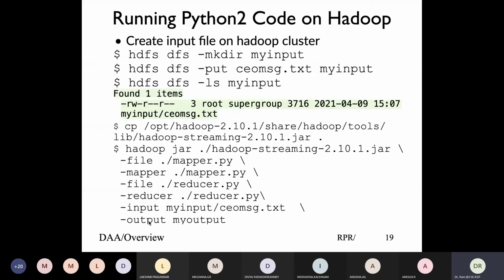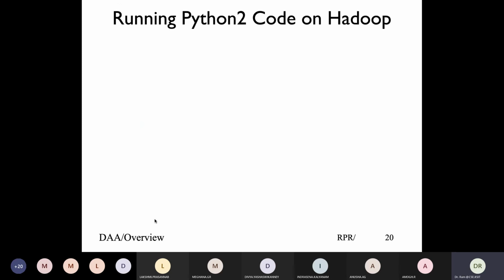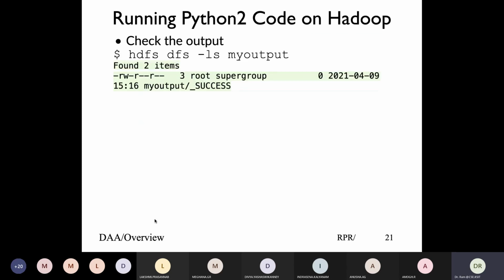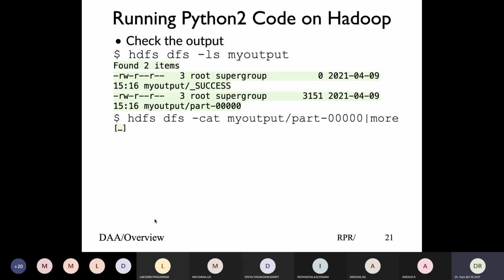So for those who want to do an assignment using Python streaming, even though it is computation based, you still have to give the input option. For the input option give a null file. Don't read the data, but the streaming interface requires that you must give the input and the output options. And then you run it, the code would run, and you'll basically get that output. Same thing would happen. I won't run the program, but you can run it yourself. We've done that, and that's the way the program would work.